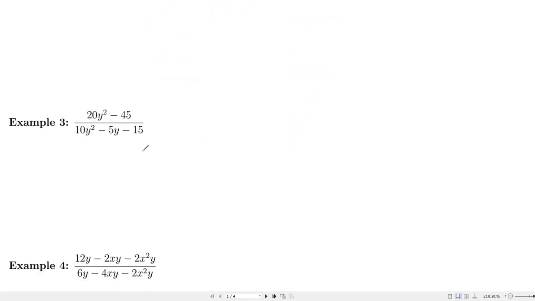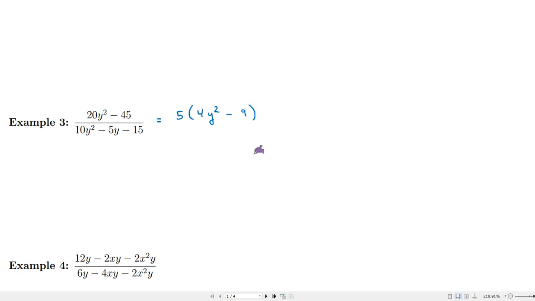Moving on, so now we have 20y squared minus 45 divided by 10y squared minus 5y minus 15. The numerator, factoring as much as we can out of this numerator. Are there any constants in common amongst these? Looks like the greatest common factor would be a 5. So what would be left over? 4y squared and then a minus